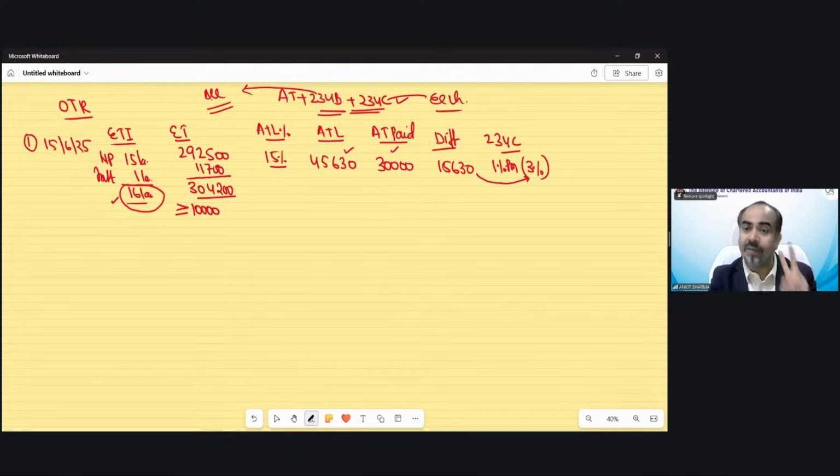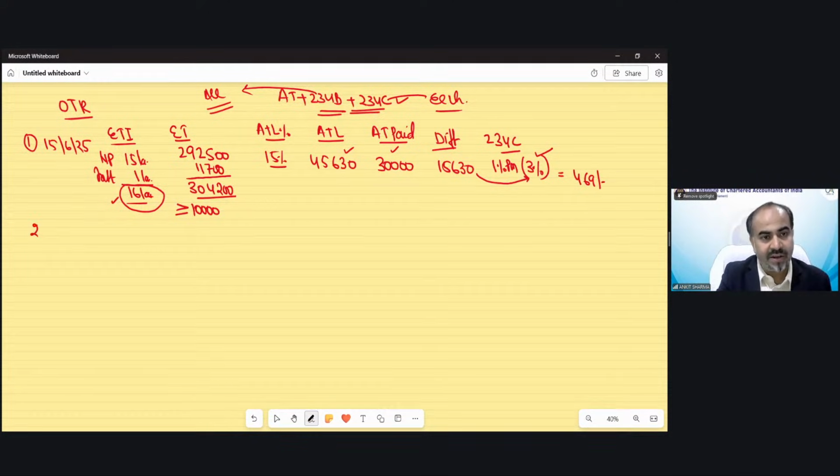It will be always fixed 3%. Fixed 3%. Not per month. 1% is per month, and because the next installment would be always after 3 months, automatically it would be 3% in all the cases. So accordingly, you will have 469 rupees interest value. Take 234C interest. This is on the first installment.